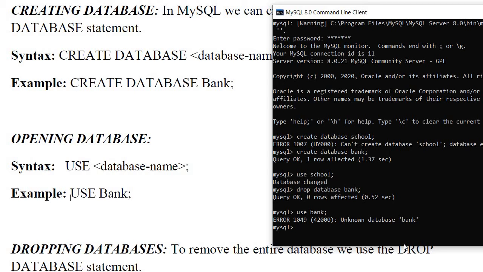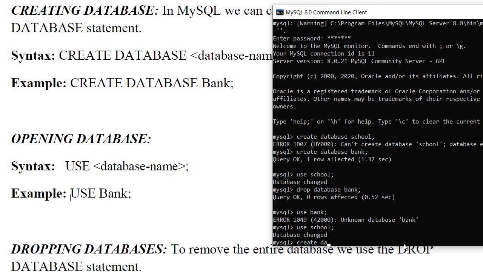But if you do the same thing with school, it will not throw any error, because we have that database. Now let's create one more database again. Then I will tell you the next command, how you can see how many databases there are in your MySQL.